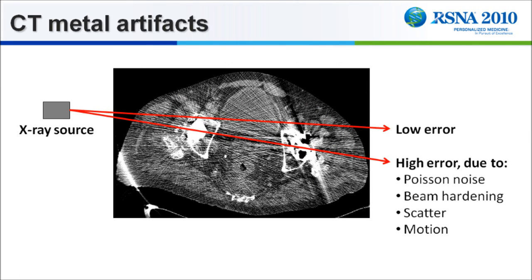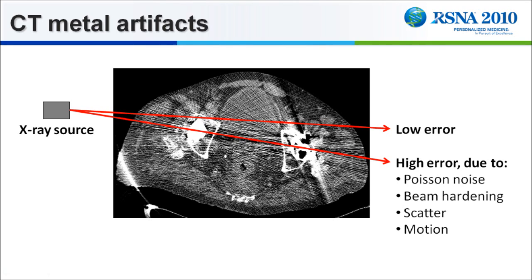The reason for these streaks is that filtered back projection, which is used to reconstruct CT images in clinical scanners, assumes that the projection data are equally accurate. In reality, X-ray beams that go through metal have much lower photon counts and much higher error than rays passing through soft tissue. This increased error is due to several different mechanisms, including Poisson noise, beam hardening, scatter, and motion